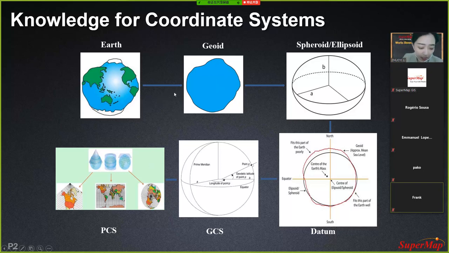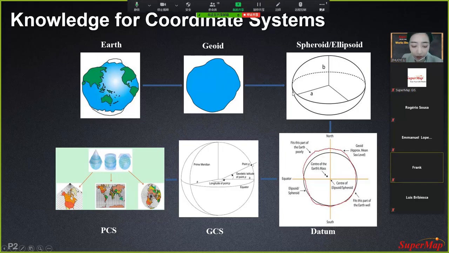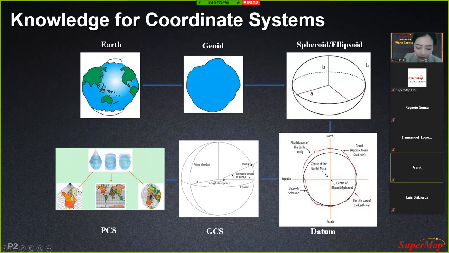In GIS, we use a regular and quantifiable ellipsoid to simulate the Earth, and then establish the spherical coordinate system to express any point on its surface with longitude and